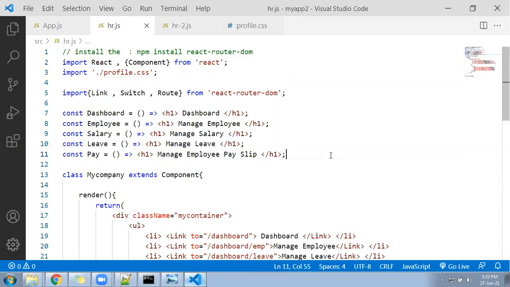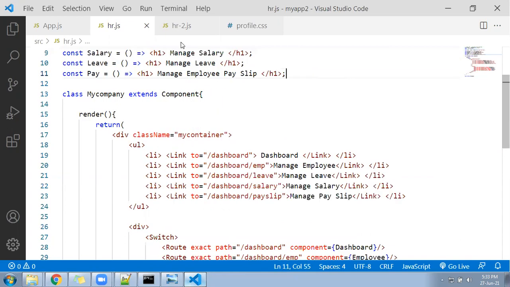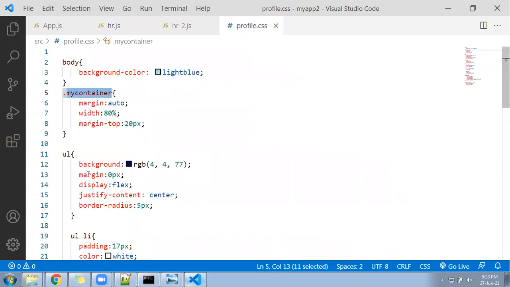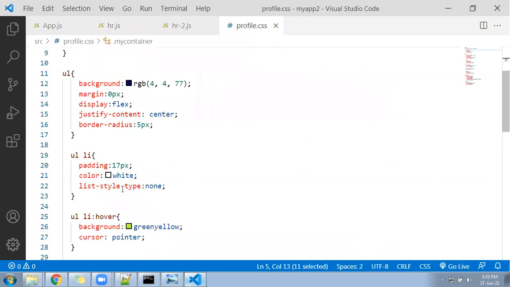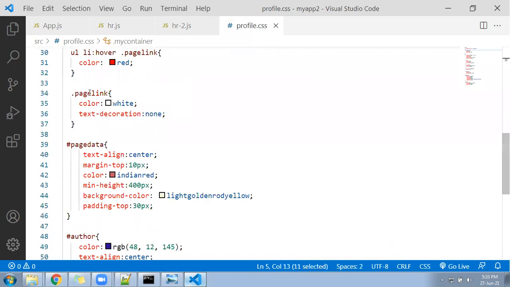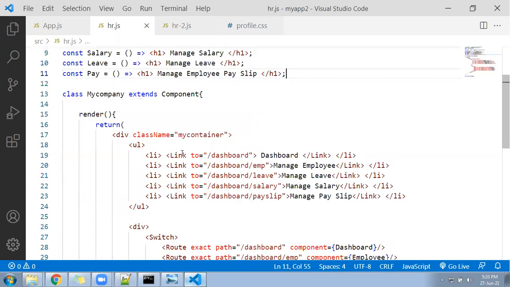For the link tag I have written, I have written a class. You can see in my CSS file, the class name is called page link. See here, I have given the class called page link. Now this page link class, I'll apply to this link tag. I'll write here class name equal to page link.